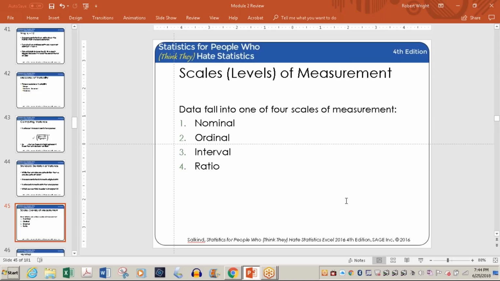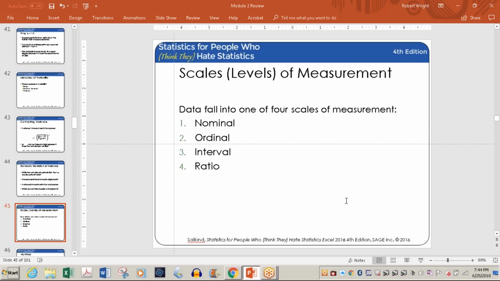Going once, going twice. Okay, interval. It's used to show a continuum, I should say, and it also lets you talk about one score being higher than another. Each interval along the scale is equal to each other. Okay, like on a ruler, or let me say a thermometer is a better indicator.